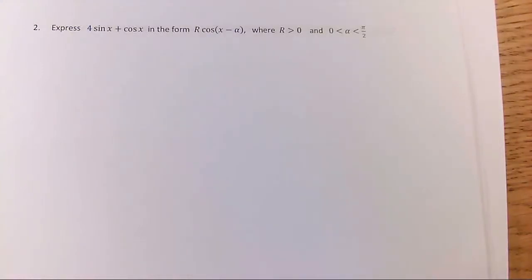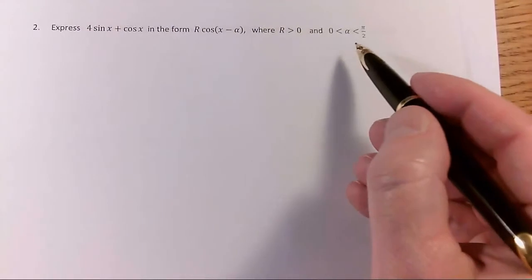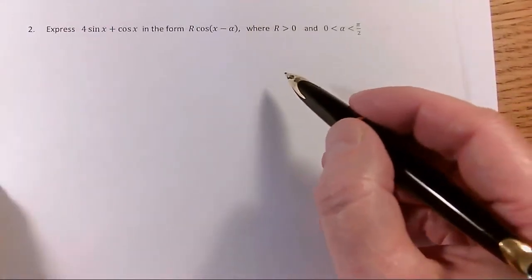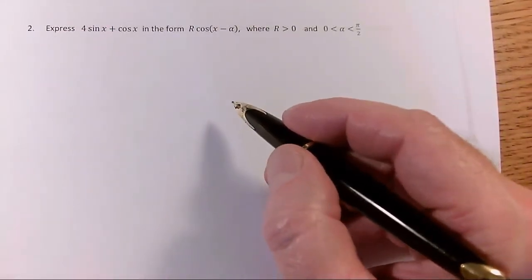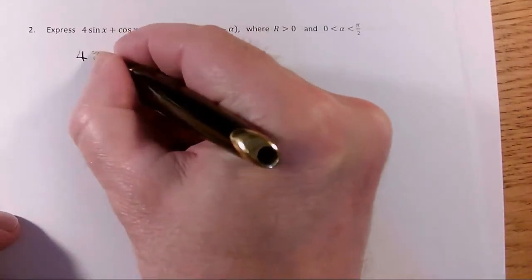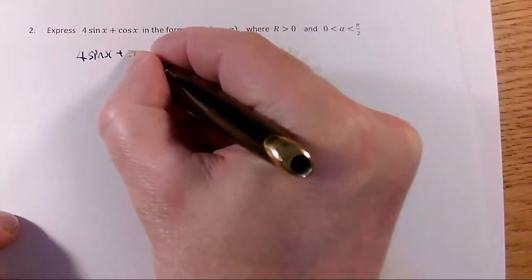Okay, this is our second basic R alpha method. Again, we've got R is positive, alpha is acute, so it's all going to be very straightforward. Okay, I'm going to abbreviate the working slightly here, but I'm still going to start from first principles and say